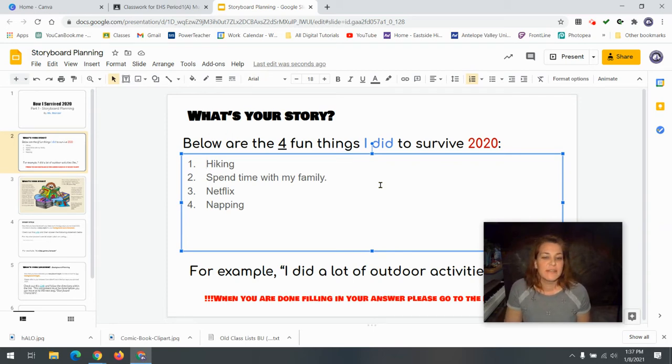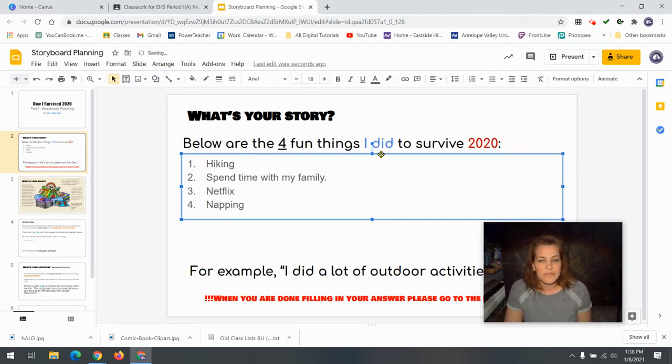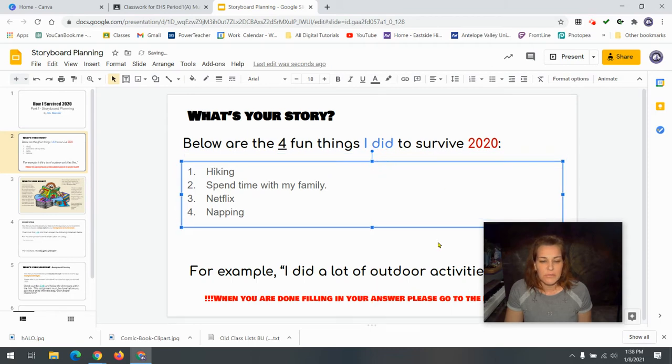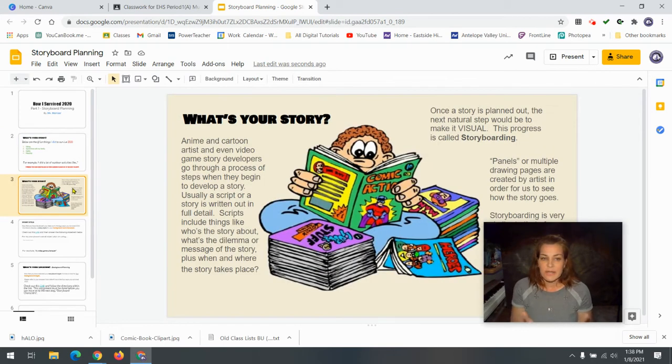Okay, so there it is. Now I would like you to do the same. This is just an example, so feel free to edit it in the way that fits your own personal story. Once you're done with that, of course, you get some points for that. I just noticed that I did not actually change the color on this, so let me see what's going on. Didn't I choose green? There we go. I guess you had to highlight it to do it. Okay, so there it is in green. You could choose your own color. The next slide is kind of going over it.